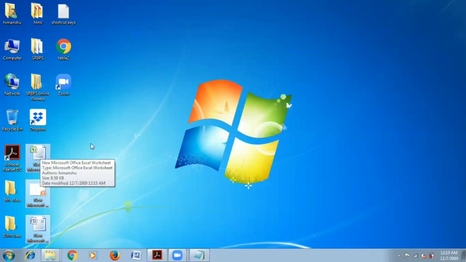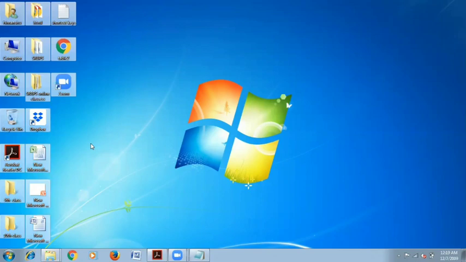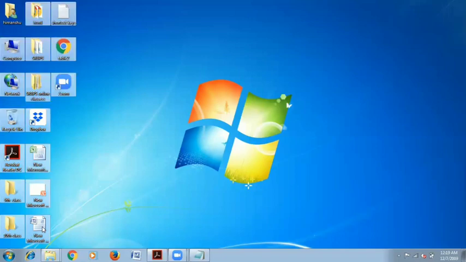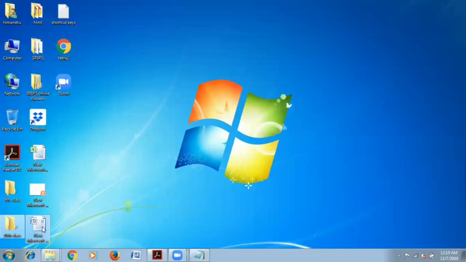Or you can press Control plus A to select all the files in the folder. Or you can select one file, press Shift, and select the files with the arrow keys, that is left, right, top, bottom. In that way you can select files.